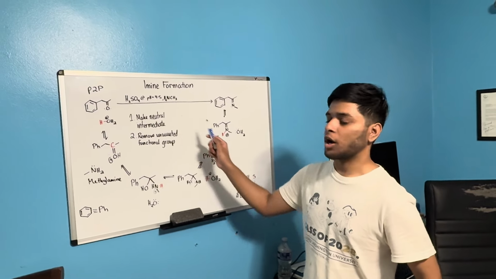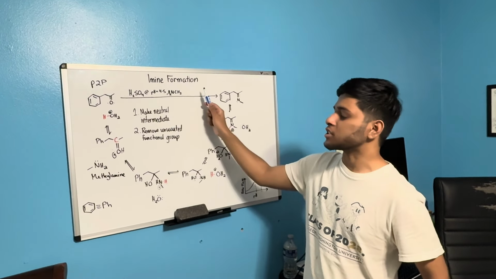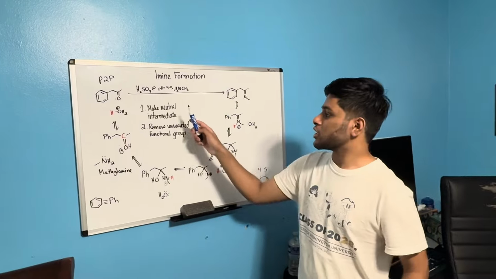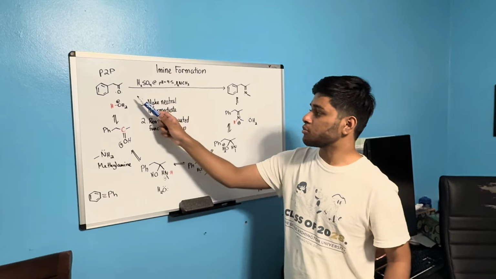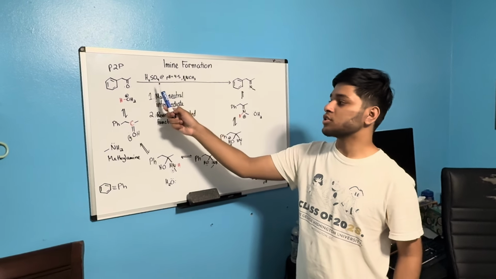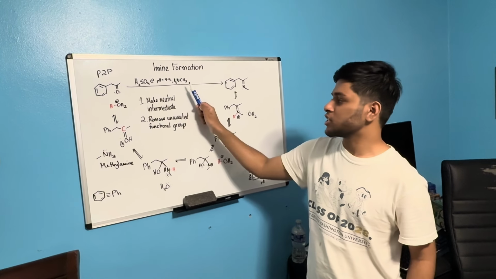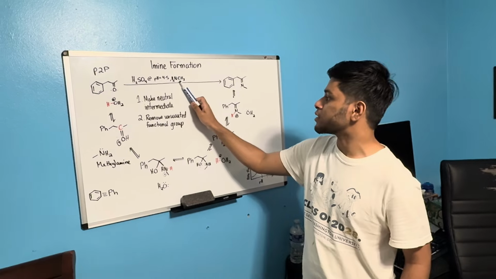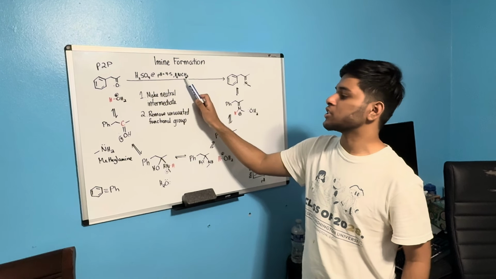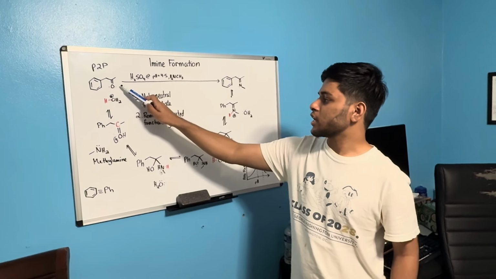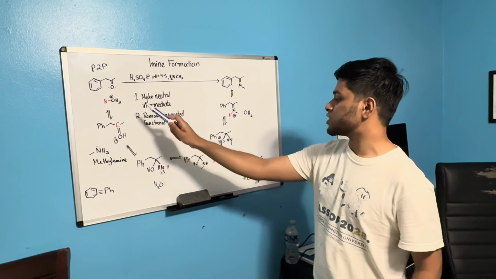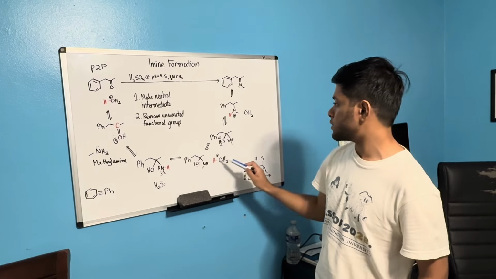In this video, I'm going to go over imine formation. So just like all ketone-based reactions, we're going to do this in the presence of acid. And in this case, our nucleophile is going to be a primary amine. So that primary amine is going to attack the carbonyl, and then eventually, through a series of acid-base steps, lead